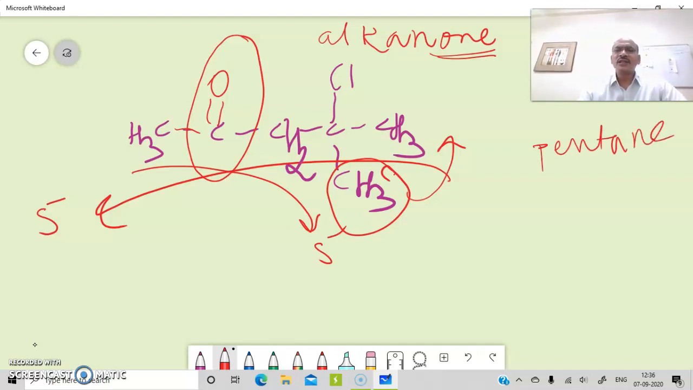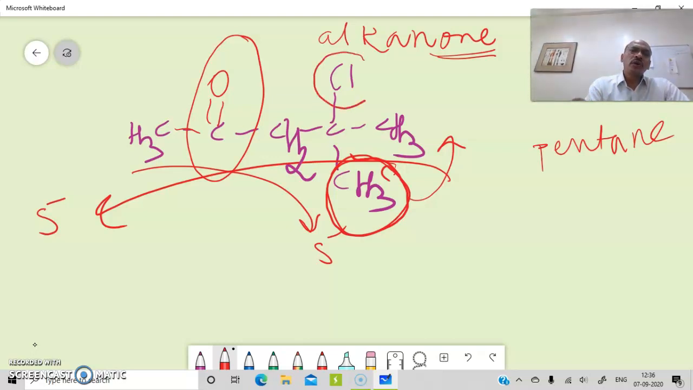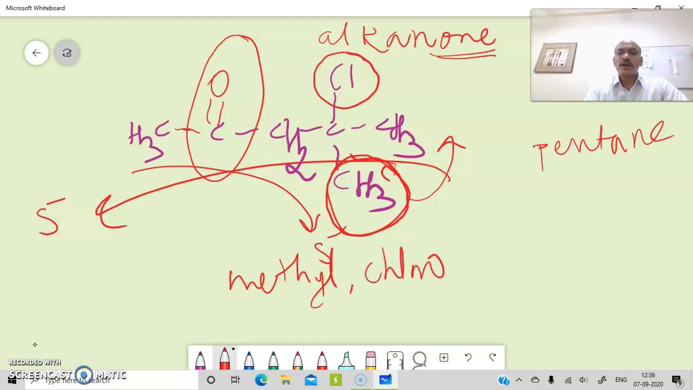But then the question arises, what about the sixth carbon? That will be there as a branch, as a substituent. Along with that there is a chlorine. So you have to give this information in the name. There you have to write methyl, there you have to write chloro, but their position also you have to